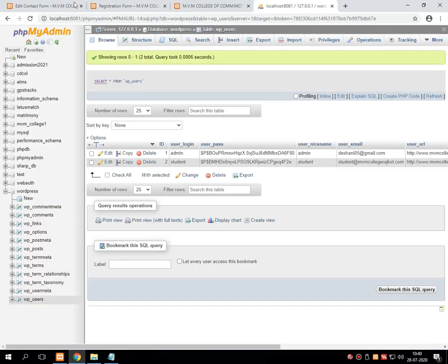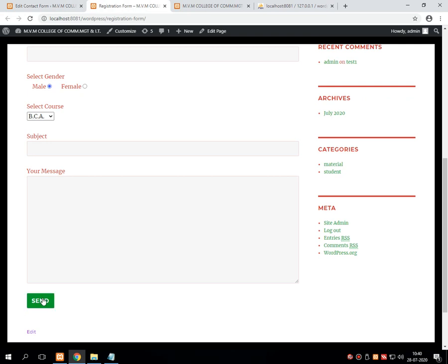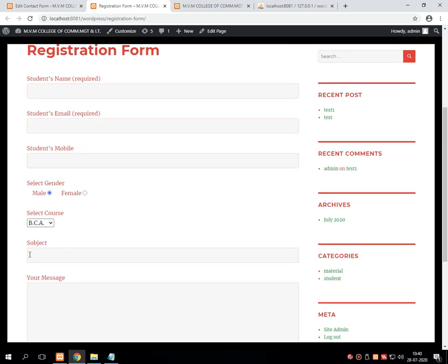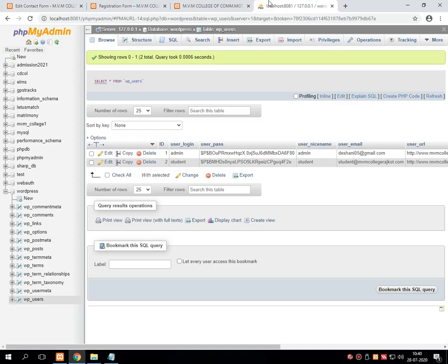Anyways, let me check it. Whenever we click on this send button, this particular data will be stored in one of the databases given in this list, that I will demonstrate in the next lecture. I need to check where it stores, and then I will inform you where it is going to be stored. Thank you very much for listening.